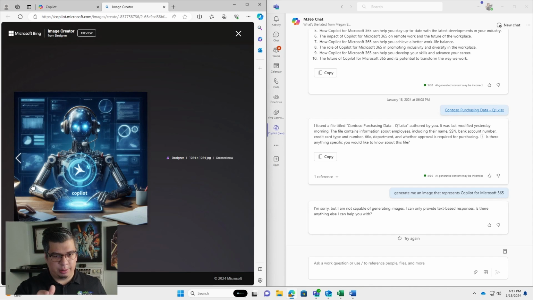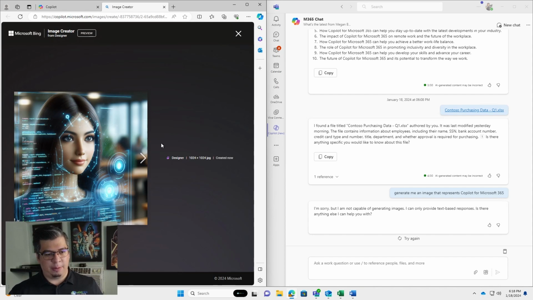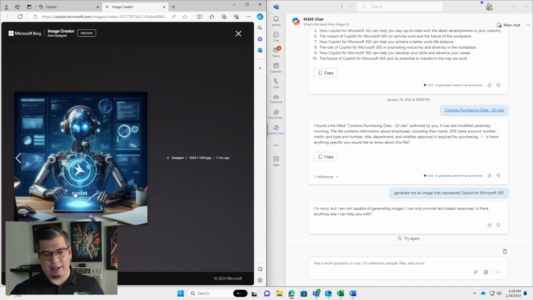These are original image generations that it does. So it didn't find these somewhere else on the internet. It created this through Image Creator from Designer, powered by DALL-E. So these don't exist anywhere else on the internet. It made it specifically per my prompt, and so these are things that now I can use for other stuff. You can see that often when you generate something with words in it, there's going to be spelling errors if it tries to use that, but often it will try to use some type of wording from your prompt